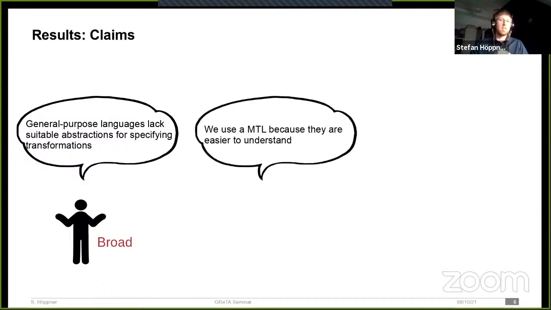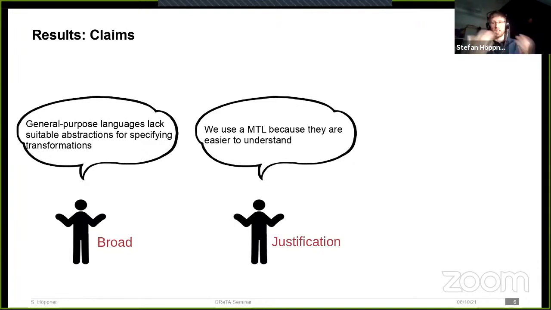Another problem that we've seen several times is highlighted by this example. This claim is that they use a model transformation language because model transformation languages are easier to understand. Here, the problem is that the claim is just there to justify the usage of a model transformation language without any substantiation whether this claim actually holds or not. This again puts the work that's being presented on some shaky ground from the beginning, since, well, we can't be sure that that's actually all that is there for it.